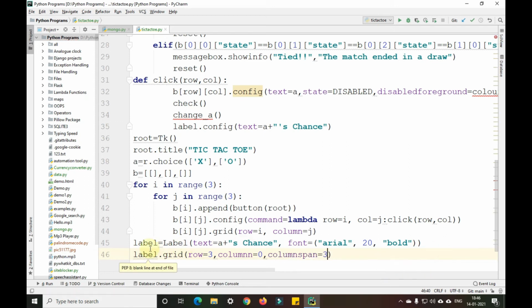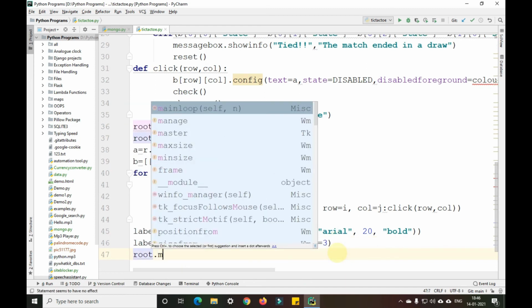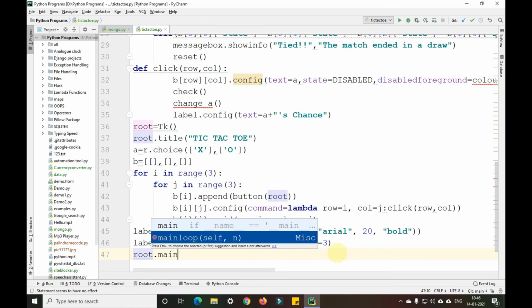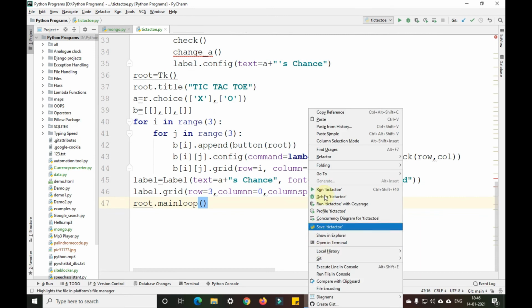Okay, so what I'm doing is I'm writing this particular label in the bottom with the column span of 3. Now I'll run this particular program, root dot mainloop, and run this program here. Now let me run this and show you.